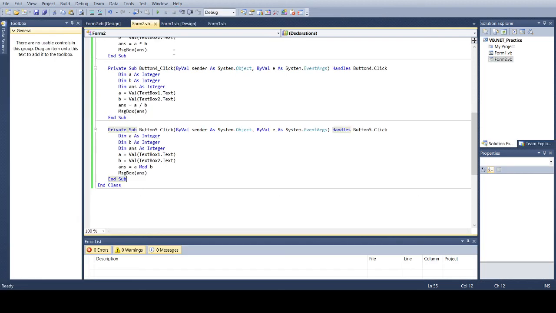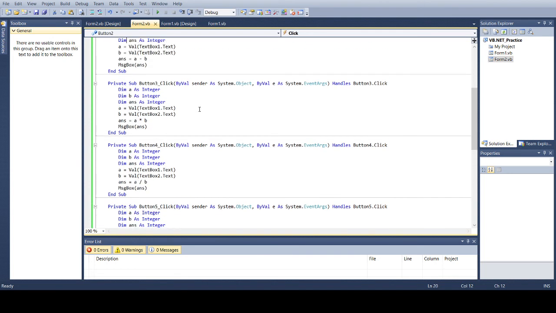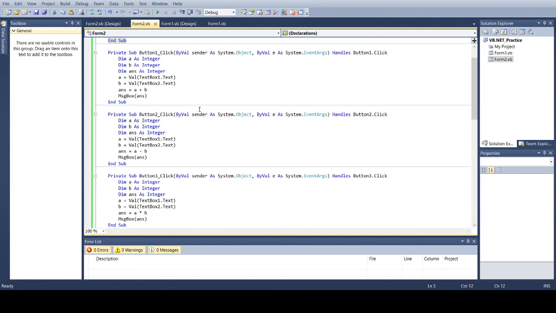So this is a simple program which makes you learn how to declare variables, how to drag and drop controls from the toolbox to the form, and how to use the arithmetic operators, that is plus, minus, multiplication and division. This green arrow specifies how to run the application. If you want to run the application, click on the green arrow. Once the application is running, stop it, and again you will be back in the code window.